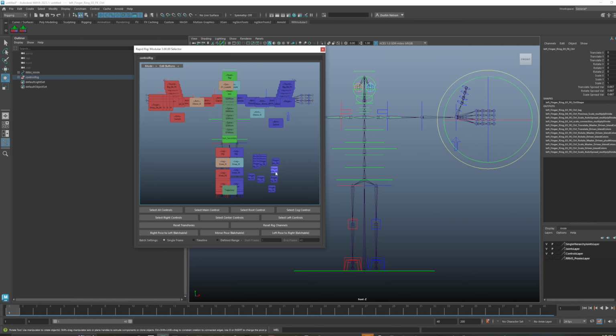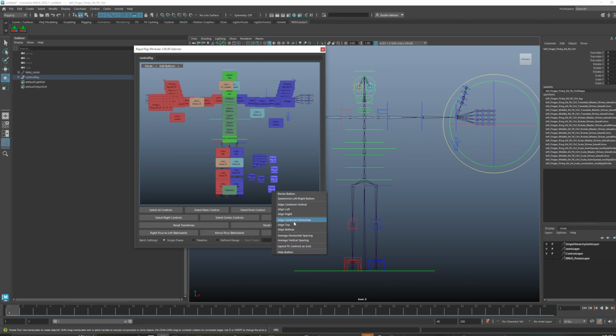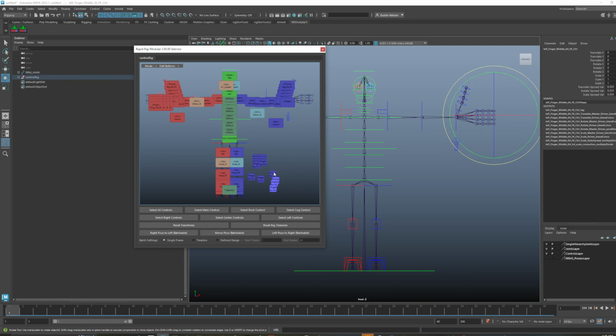I can highlight these and say, okay, align center horizontal. Oh, that was meant to be vertical. Let's redo that. Let's align to the left. There we go. I can align to the right or center. I can also say average vertical spacing, so that it evenly spaces them out. Still a difficult thing to space all these out, but